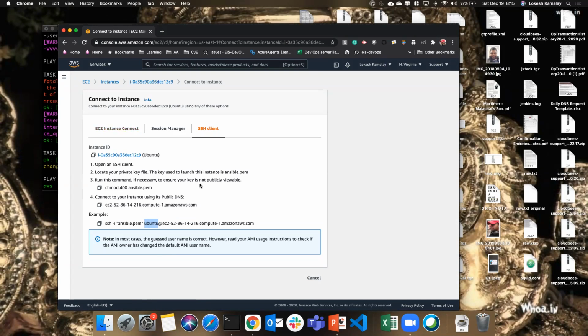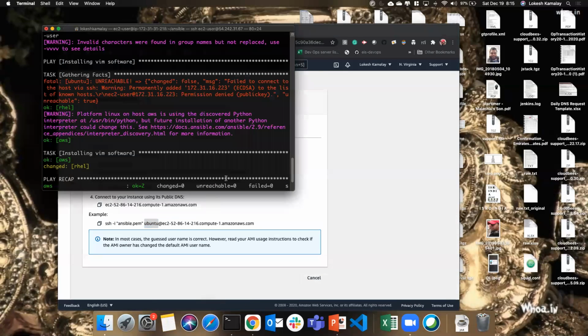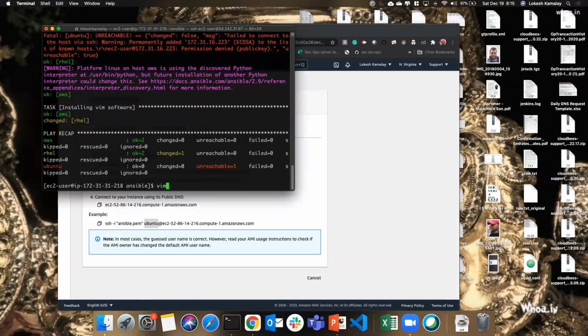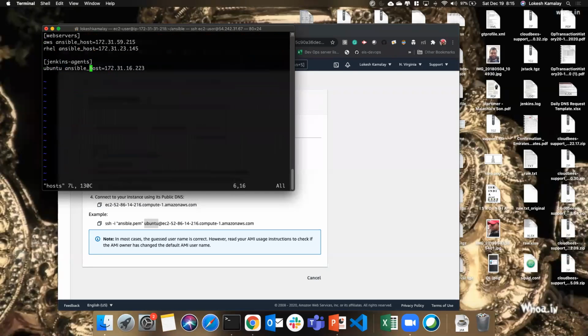So now how am I going to manage this? I have three servers. One server uses the ubuntu user and the remaining two servers use a different name. So how can I tackle this? To tackle this, it is very simple. We need to edit the host section, or we need to use the group vars, the inventory vars. But we don't go in depth that much. So I'm going to add here